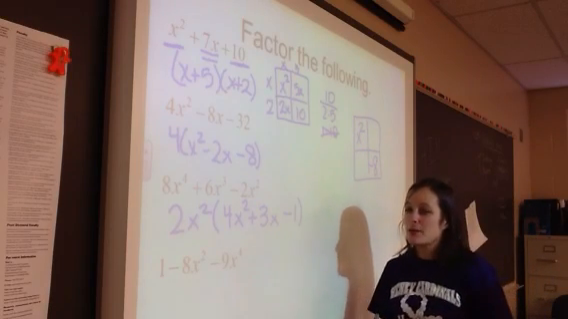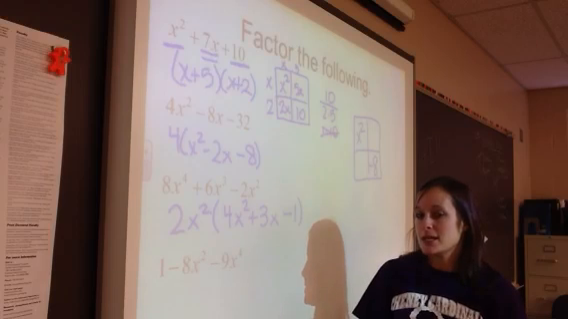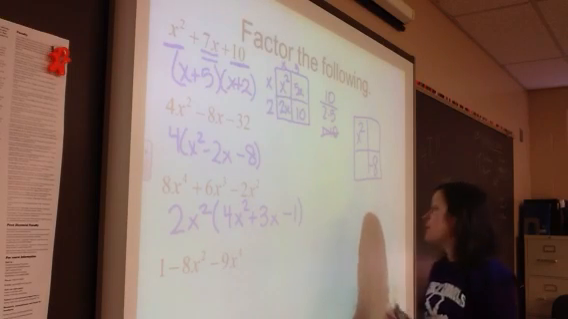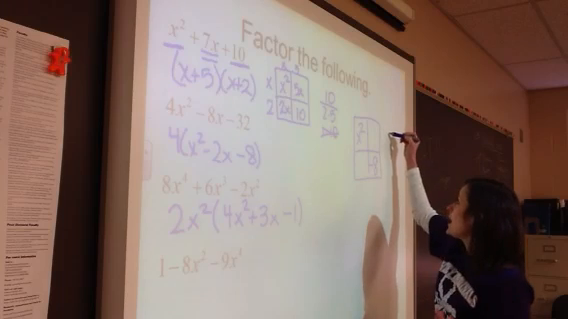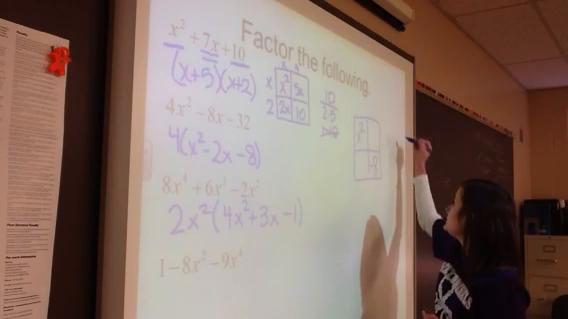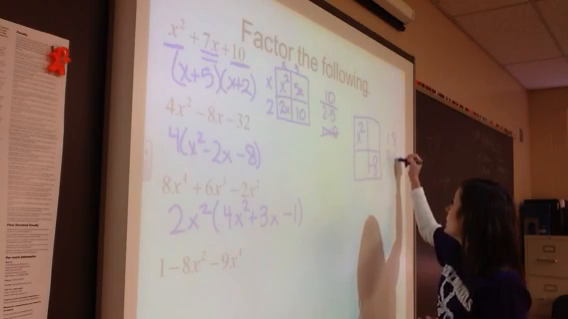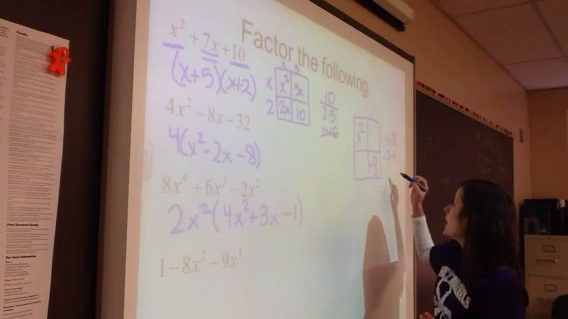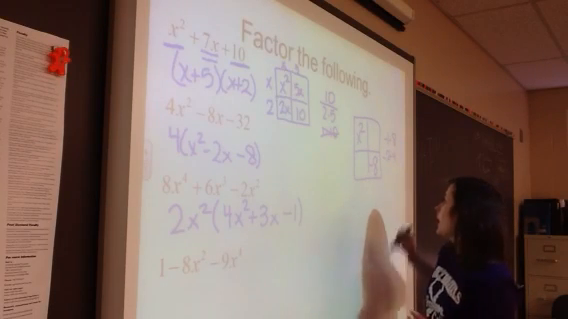So this time we're coming up with factors of negative 8. That means that one number is going to be a positive number and one number is going to be a negative number. So factors of 8 are 1 and 8 and 2 and 4. So if I make those negative and